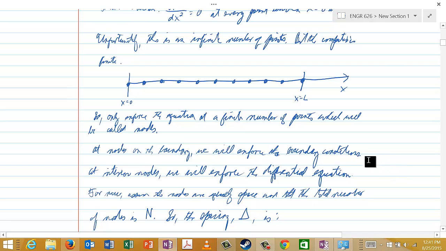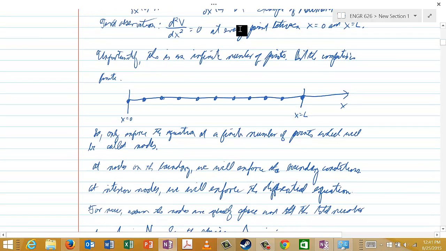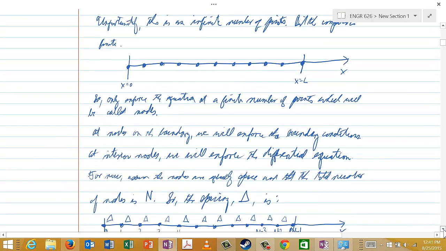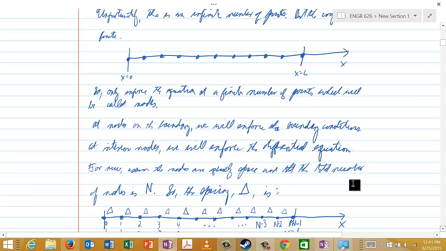Okay, and now let's see. We're going to enforce the differential equation, d squared v dx squared equals 0, at the interior nodes, and at the boundaries we will enforce the boundary conditions. Remember, v at 0 is equal to a, and v at L is equal to b. So those are the equations that we will enforce at those nodes. So now